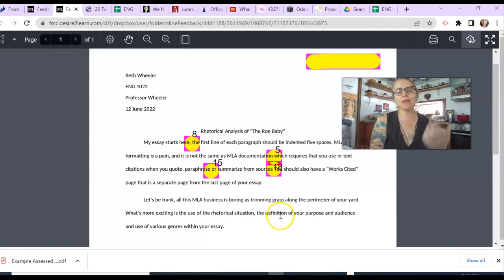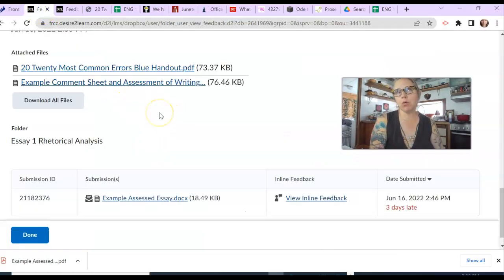And then I didn't give an example of this, but sometimes you might see that I have some text typed into your document where I'm giving you a little note that might refer to some of the notes that I have in the bottom of that green comment assessment sheet. So that's how it works. If you have any questions, definitely let me know, or schedule a check-in meeting. We can go over your draft.